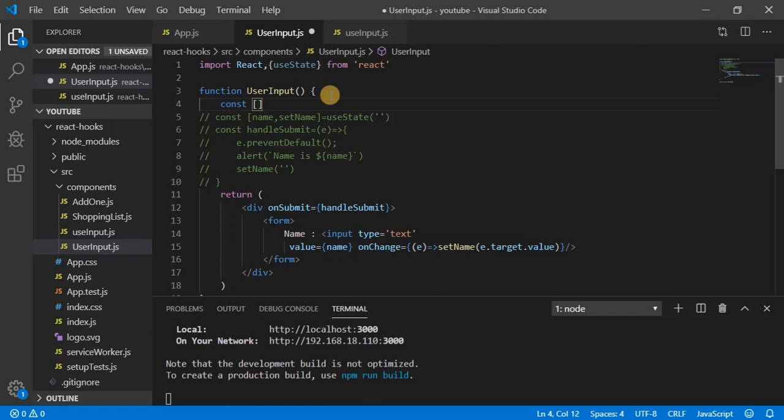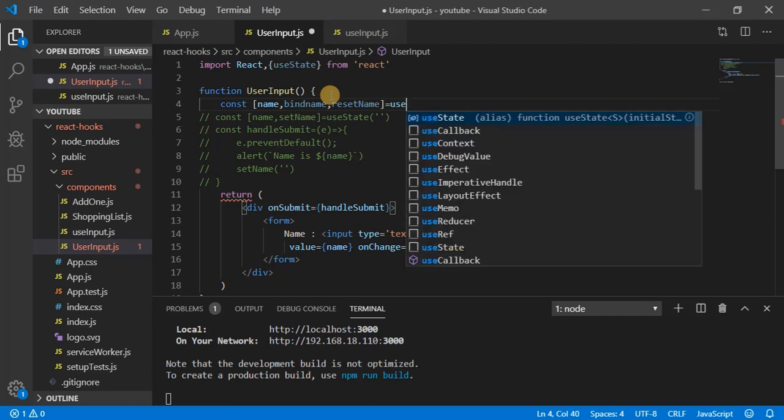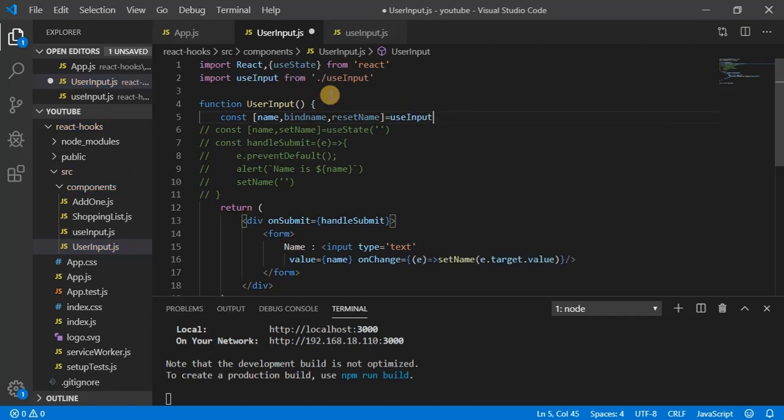The first is going to be name, second is bindName, and third is reset. So I can write resetName, and I can now call my function, useInput. I am getting it imported from my package only.